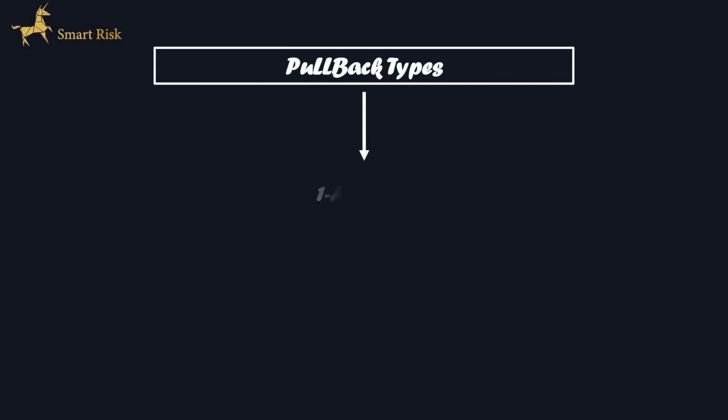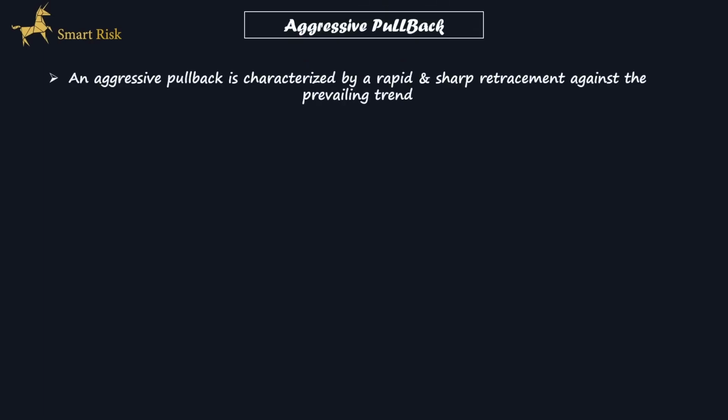Pullbacks can be categorized into 3 distinct models: aggressive, corrective, and sweeping. Now, let's delve into the details of each type of pullback and explore how we can use them to enhance the systematic nature of our trading plan. The first pullback type is the aggressive pullback. An aggressive pullback is characterized by a rapid and sharp retracement against the prevailing trend. It often occurs with a couple of large and strong candles that quickly retrace a portion of the recent price